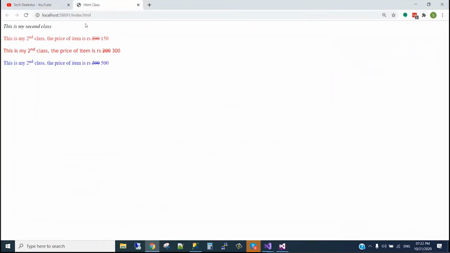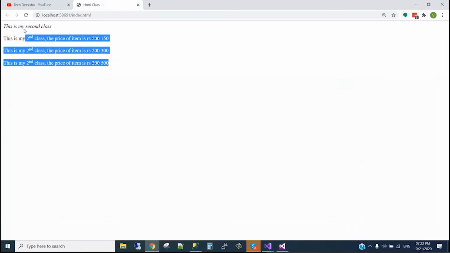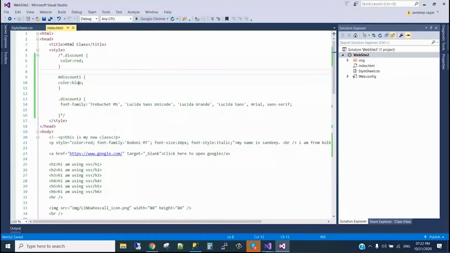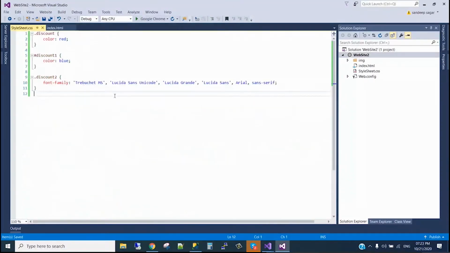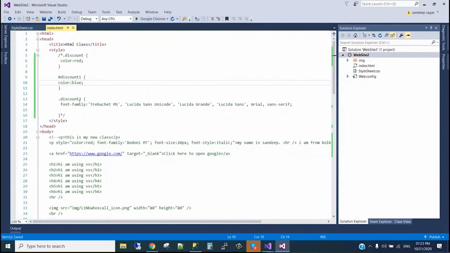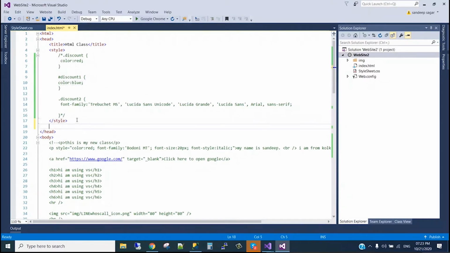So if we run it again, what will happen? All the styles are gone. Why? Because this page itself does not have any designing or class, and it has been copied to the other file. To connect the two, we need to make a link between this page and the CSS. In Visual Studio we can drag and drop it, which is easy. We can just pull and drop it wherever we want, like any images, any style sheet, or any jQuery.